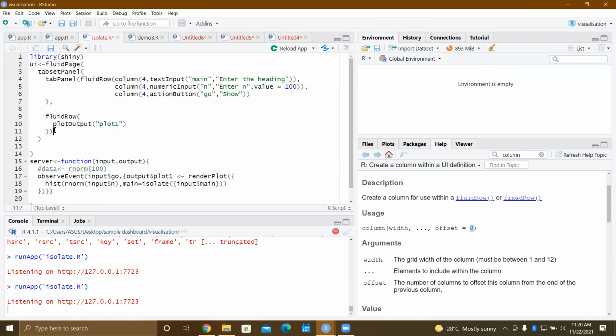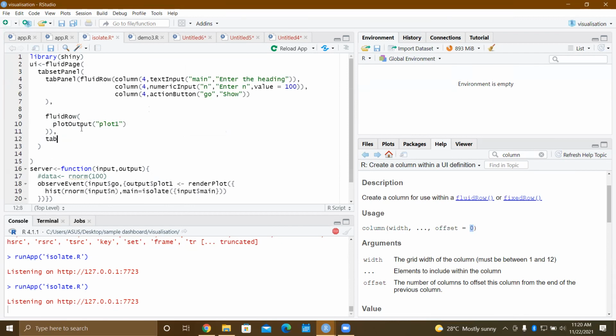So this goes under one tabPanel, and let's give another tabPanel.